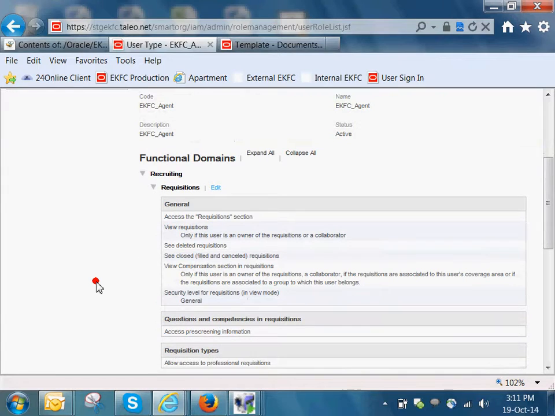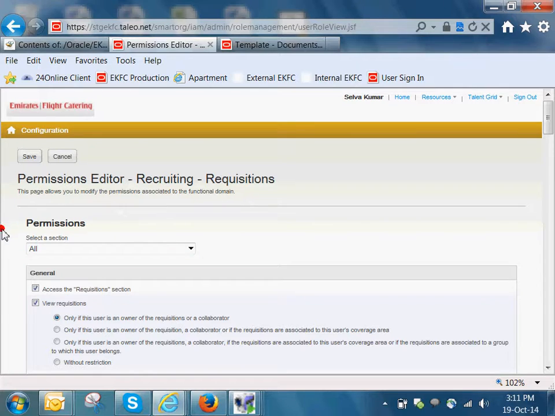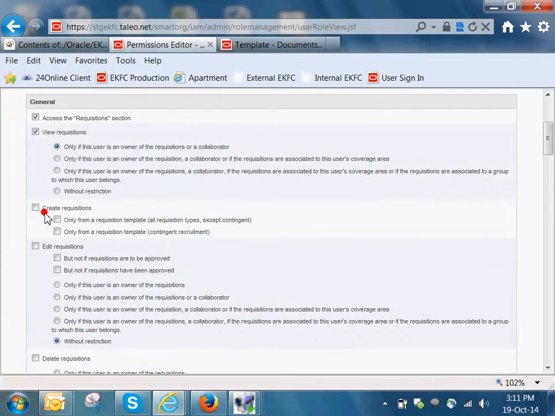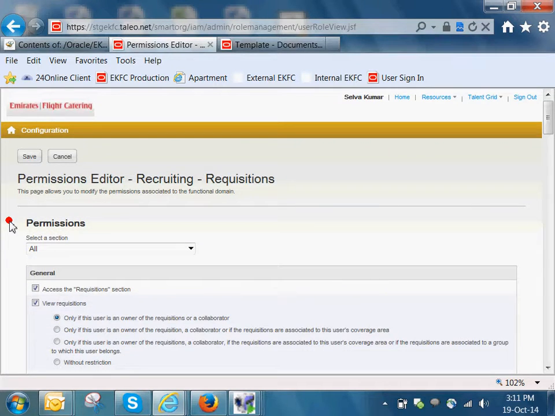Here, you don't have all the permissions that recruiter has. If you click edit, it will show you in better terms. Here, I removed the create requisition permission. In future, if you want the agent to create requisitions for you, then you select create requisition here, so that the agent can create the requisitions.